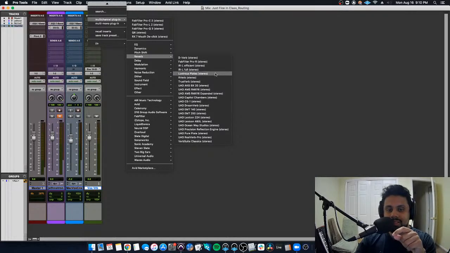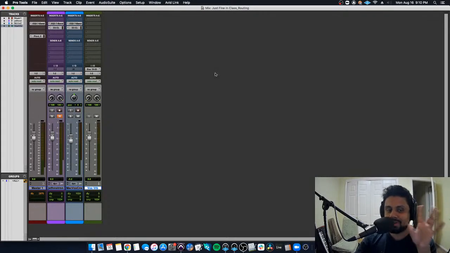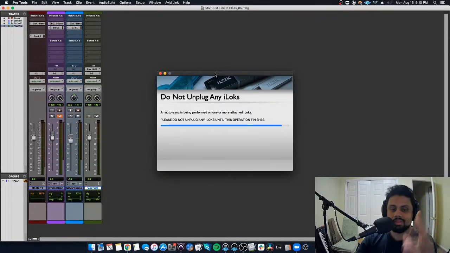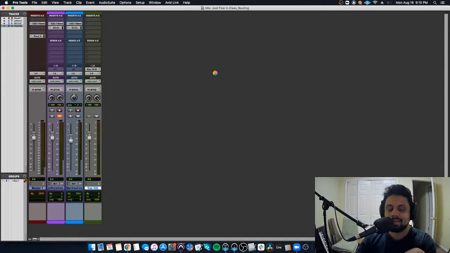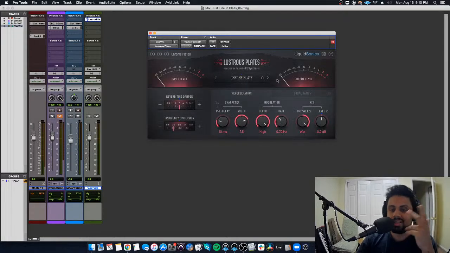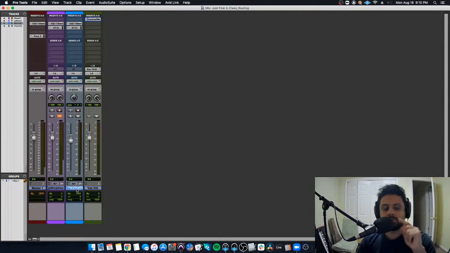I'm going to add this thing called Lustrous Plates. It's one of my favorite reverbs that I go to a lot for vocals. Of course, it has to update right now or refresh the license. There you go. I always go to this rhodium plate for some reason. Put your settings up. Then you're going to go back to the original vocal track, go to the send,